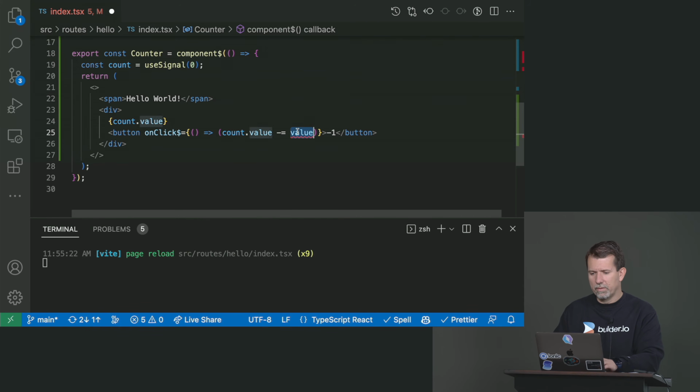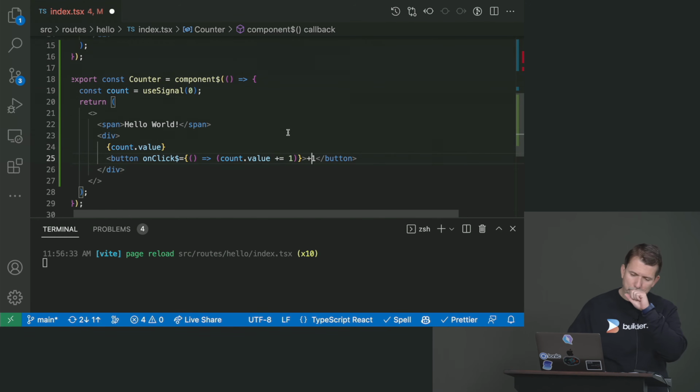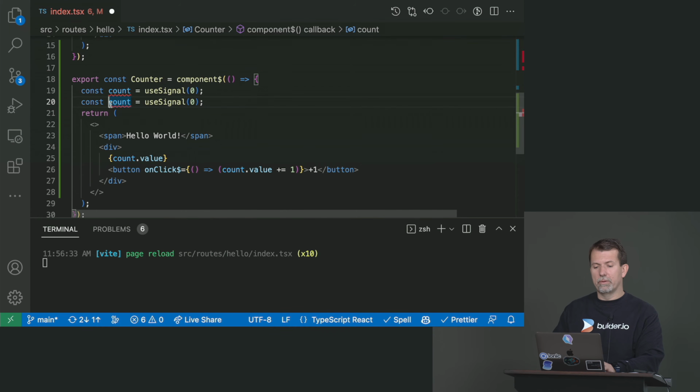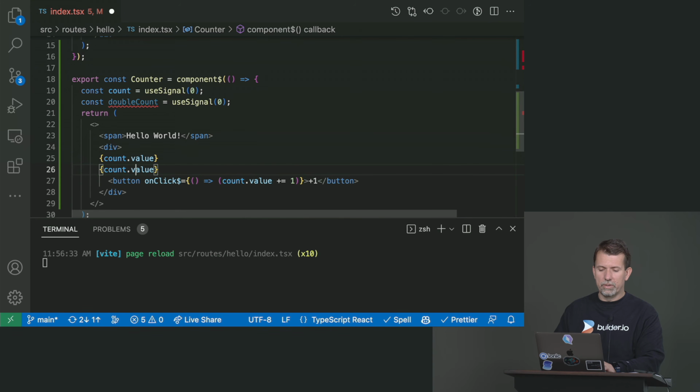Let's go to the simplest possible case here, right? Let's say we now have a new one called double count. If I could spell. And so not only do we want to print count, we want to print